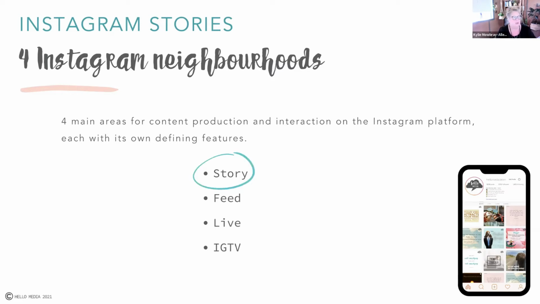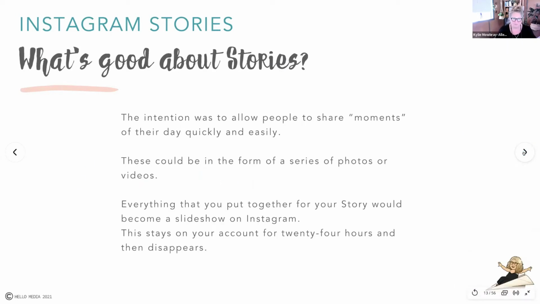So that would be where you actually hold your phone up and start recording yourself and you're talking live. And of course, there's Instagram TV, which is a great way to put out longer content. So all of those parts of Instagram, and of course, there's more as well. There's reels, etc. But these are your 4 areas for content production. So what we're talking about today is stories. So the story section of Instagram.